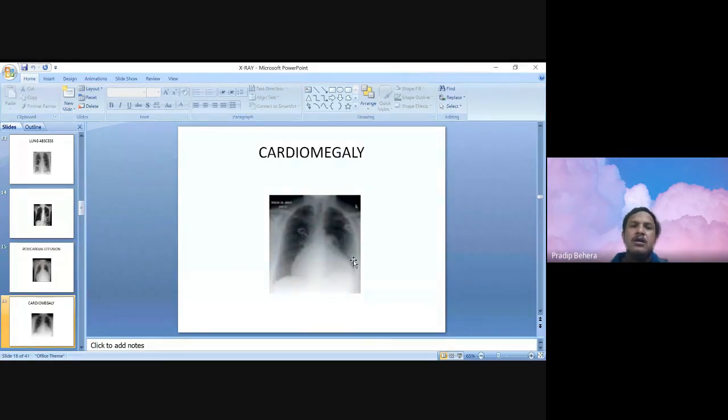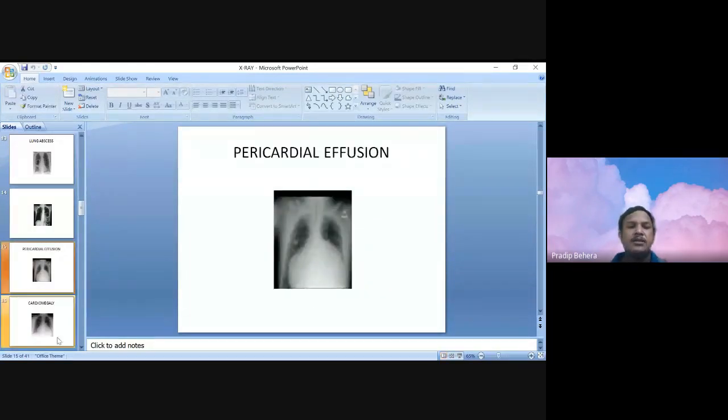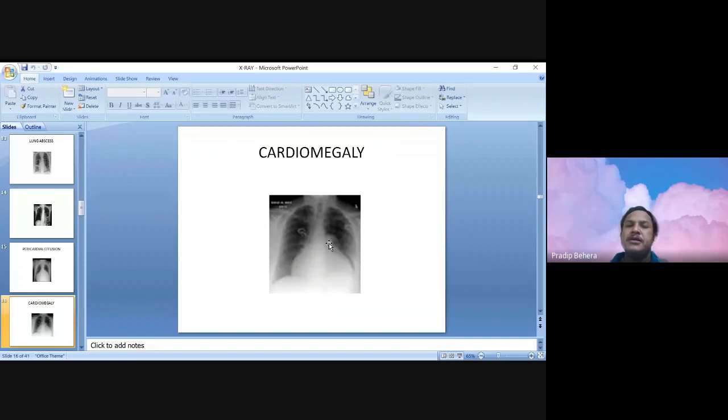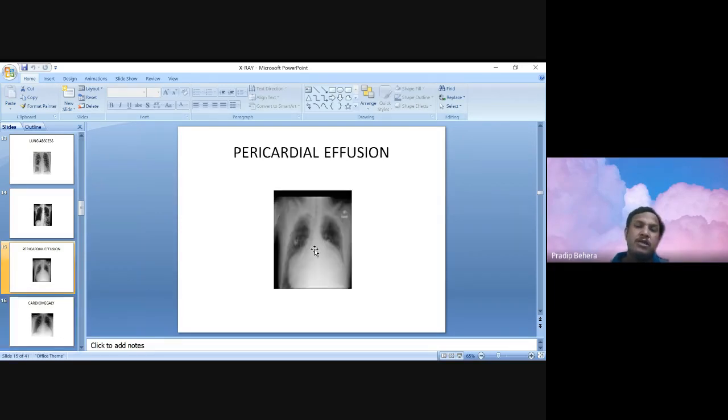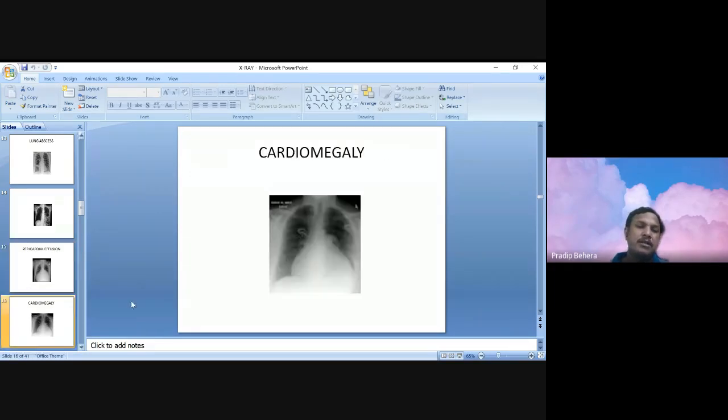Normal cardiomegaly, you can just see the difference between the previous one and the present one. Suppose in a dilated cardiomyopathy, there will be enlargement on both sides, but more increased on the left. So this is more of a cardiomegaly, and should not be confused with pericardial effusion. Here you see how it is enlarged bilaterally.